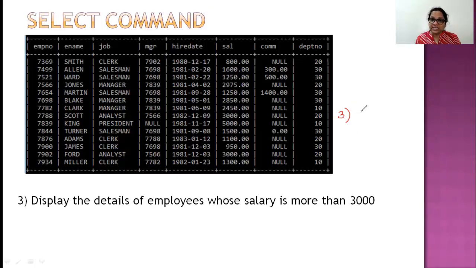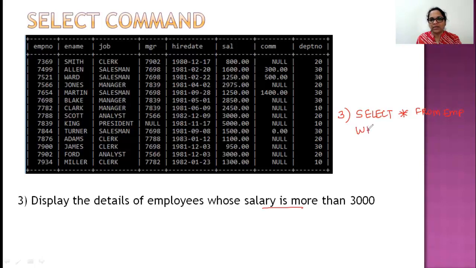Okay. Details of employees. So I write select star, because they didn't say you only wanted the employee name or you only wanted the salary. They said details of the employees. So I write select star from EMP. Okay, now I don't end my command here because there is a condition in my question.